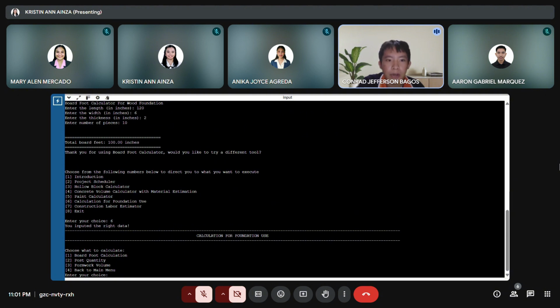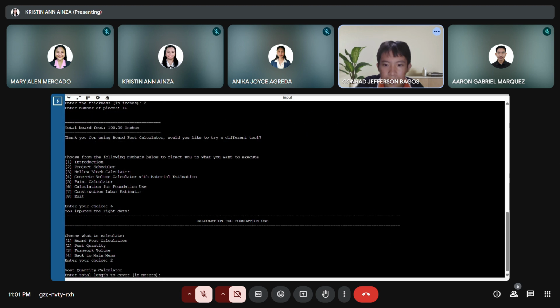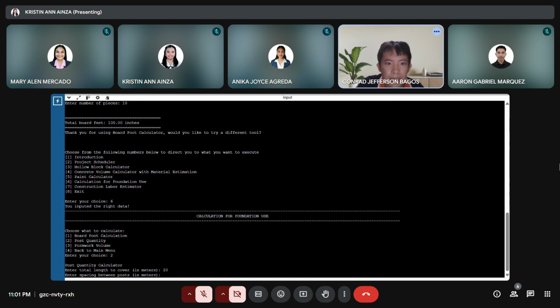Next, when you enter sub-choice number 2, the post quantity calculator helps determine how many posts are needed to cover a specific distance. Users are asked to input the total length of the area and the spacing between posts, both in meters. For example, if a fence line is 20 meters long and the spacing between each post is 2 meters,